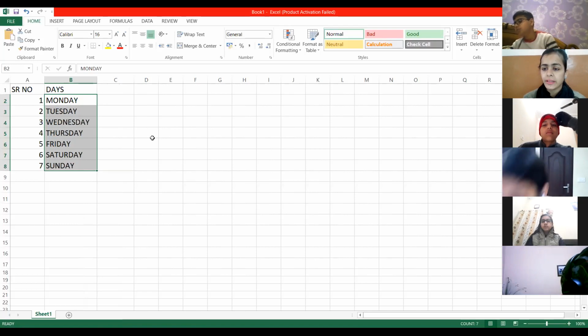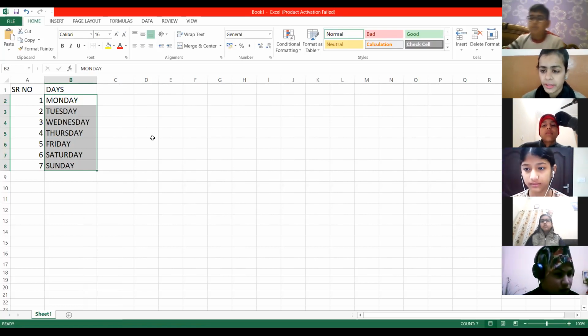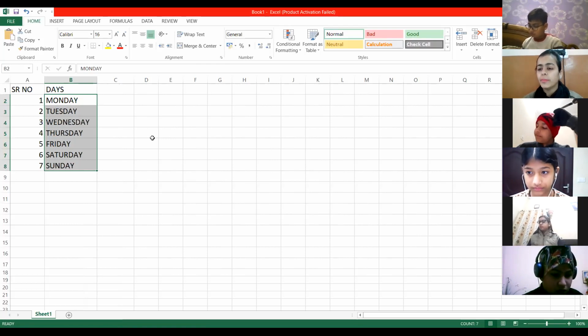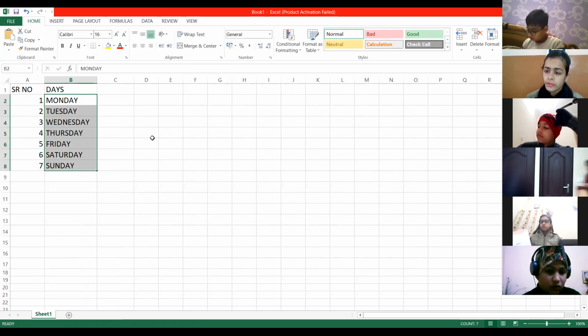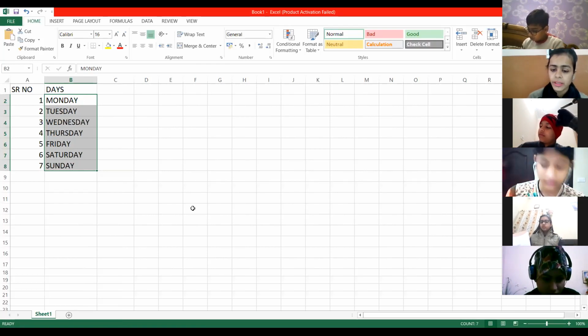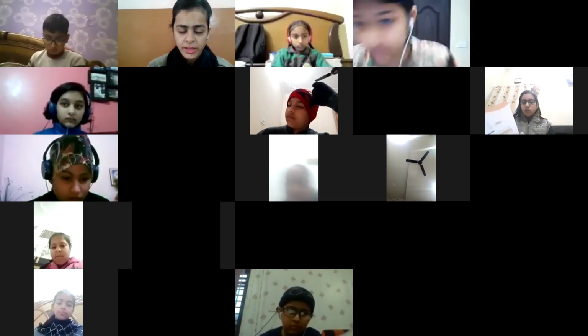जैसे भी आपने formatting करनी है, you can format the cells accordingly. Clear? So this is the use of the autofill feature, that you do not need to type the data again and again. आप simple एक cell में data enter करेंगे. Using the autofill feature, the rest of the contents can be filled automatically. Is it clear to all of you? Clear, beta? So this was the use of the autofill feature.